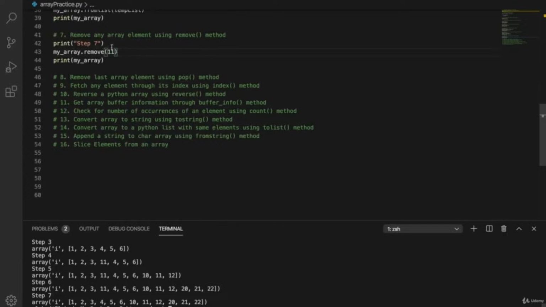So as you see, this is very time consuming. Here also we have O(n) time complexity because it has to remove one element from the array and move all elements to the left. Okay, let's continue to the next step. Next step is